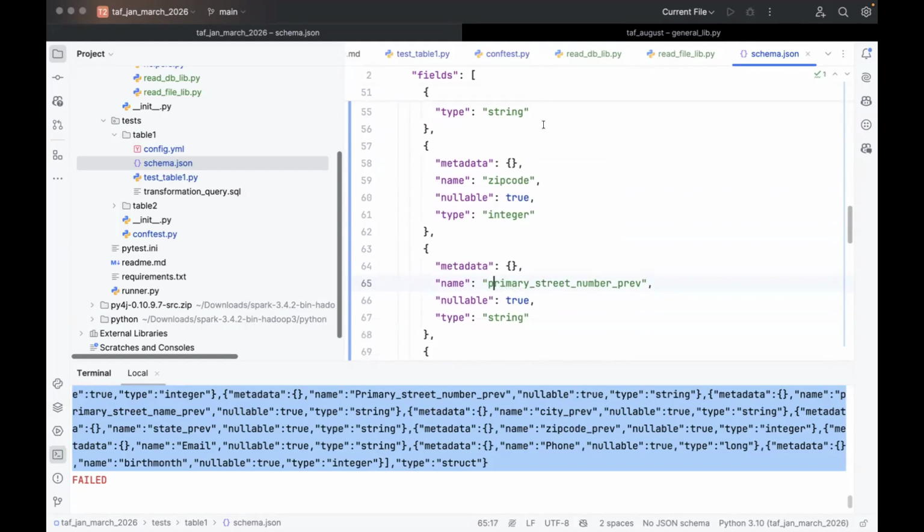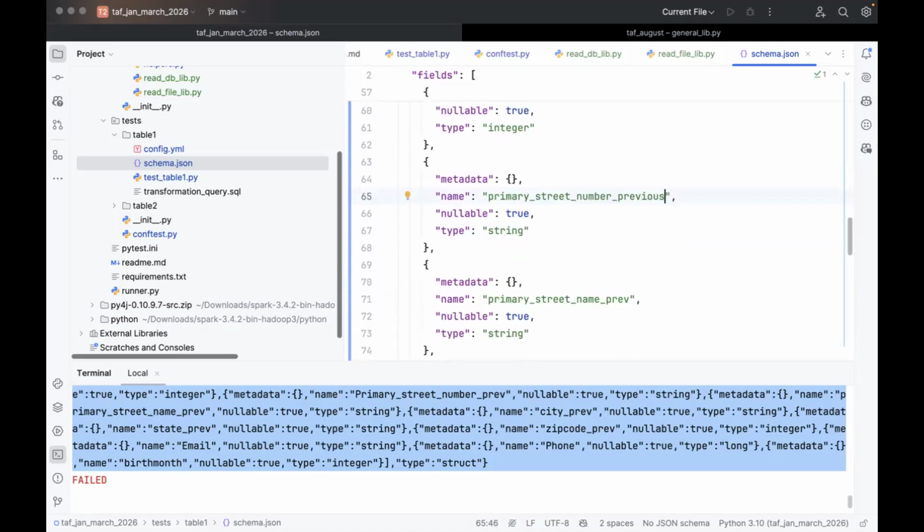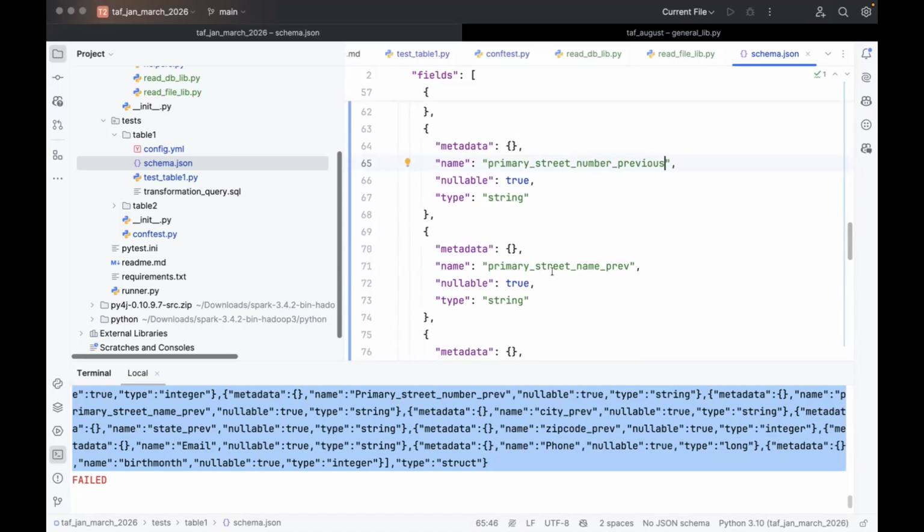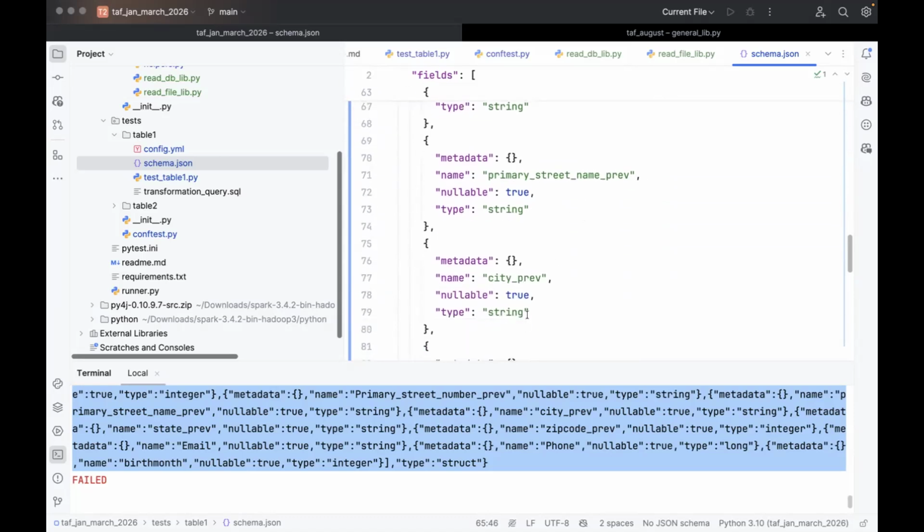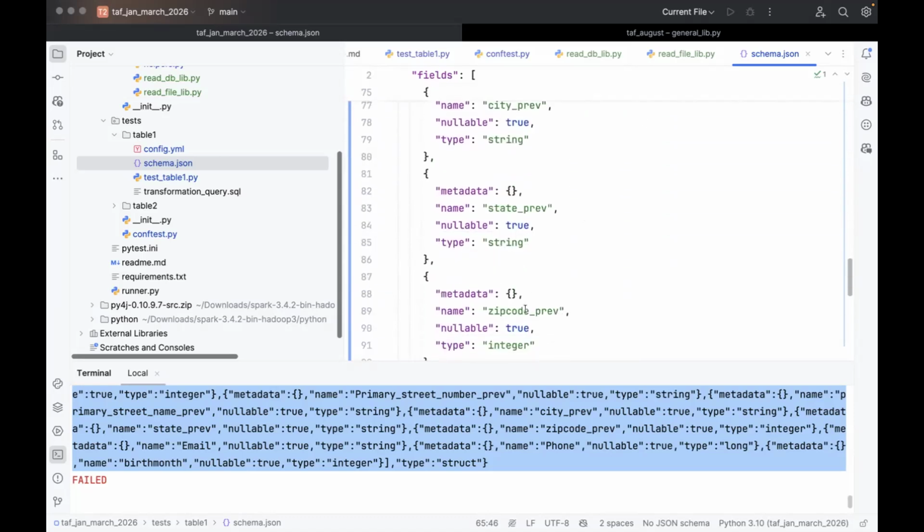So see, right now I'm manually adding all this, right? So you need to refer to the mapping document to update this file. Based on your target data frame or target table, the same you need to update here. So if it is primary street, you need to put only primary street for this column. If it is primary street number previous, complete previous, you can mention previous. So it should be as per your mapping document. And then same primary street name previous, city previous is fine, and state previous is fine, zip code previous